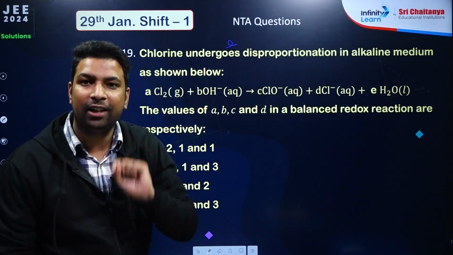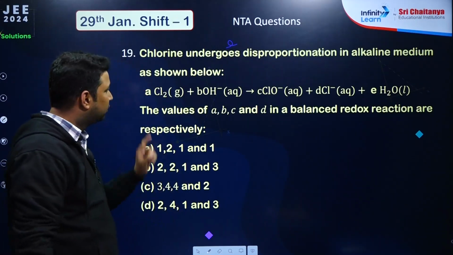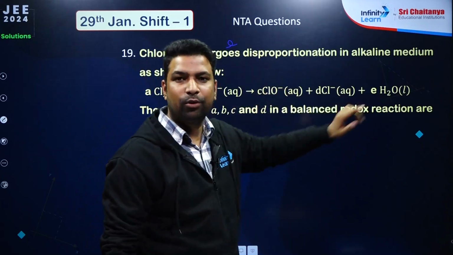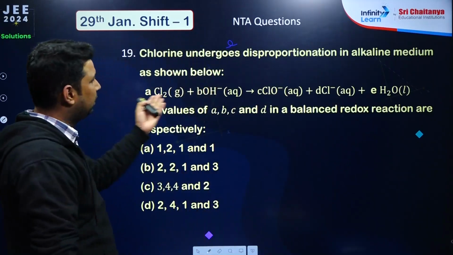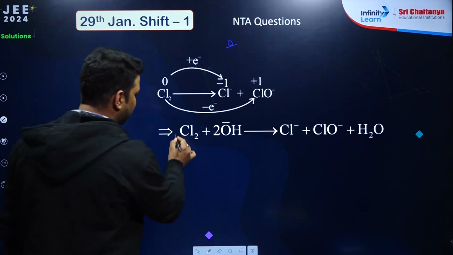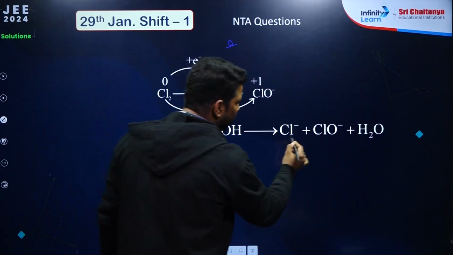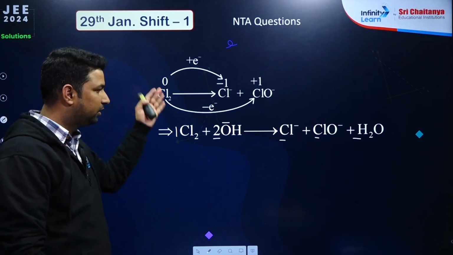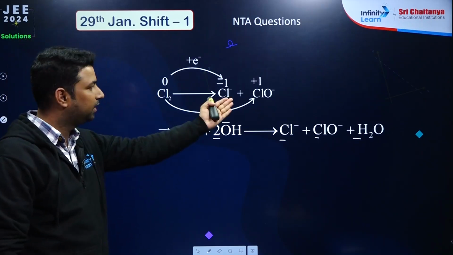Cold and dilute NaOH. Remember, Cl2 reacts with OH minus to form Cl minus and ClO minus plus water. I have to know the coefficients, and for that, if you balance the equation, the coefficients will be 1, 2, 1, 1 and 1. Okay, if you balance this reaction in basic